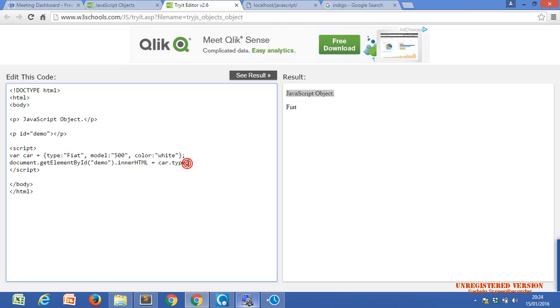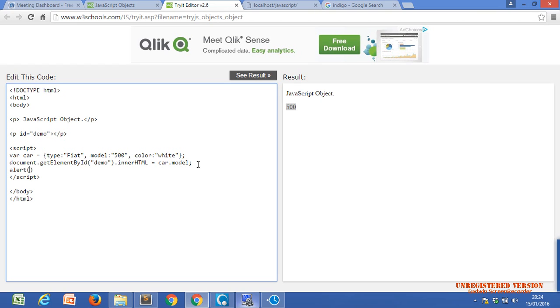Let me show you. If I use model, then you will get 500, see for yourself. Do you get the point, Kushi? You can also use alert here and write your own code.